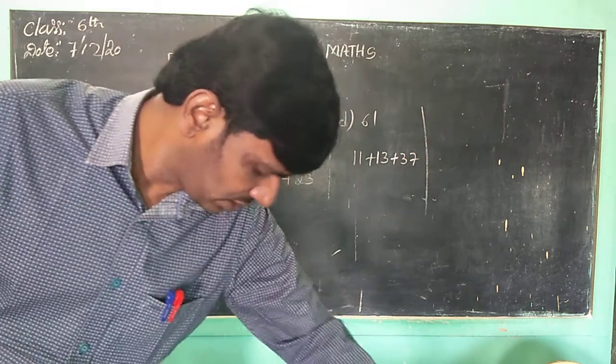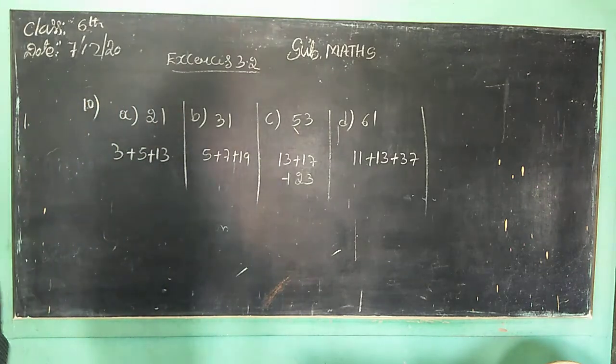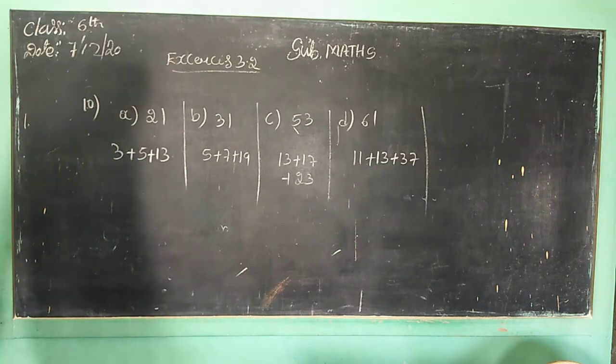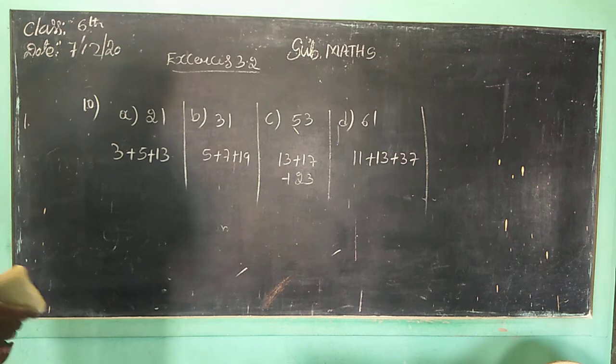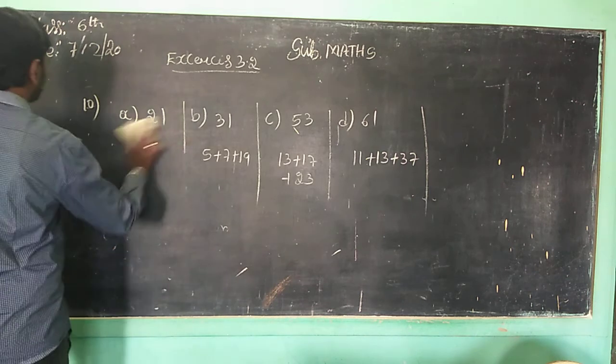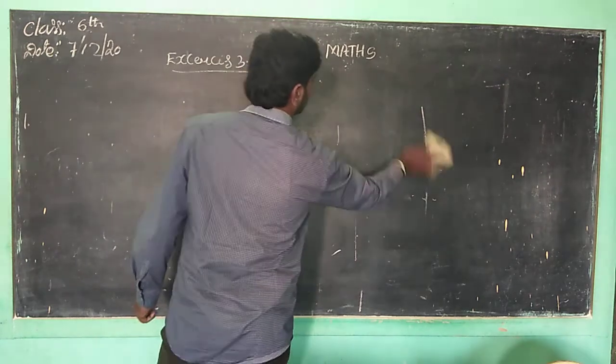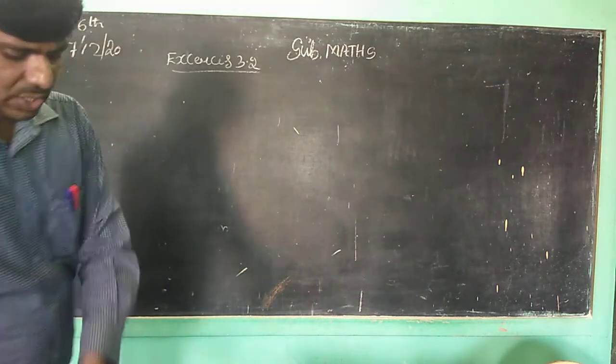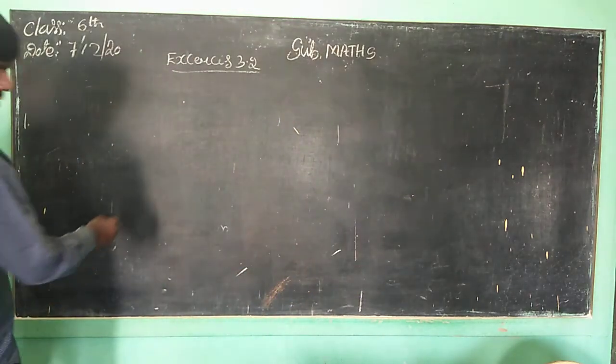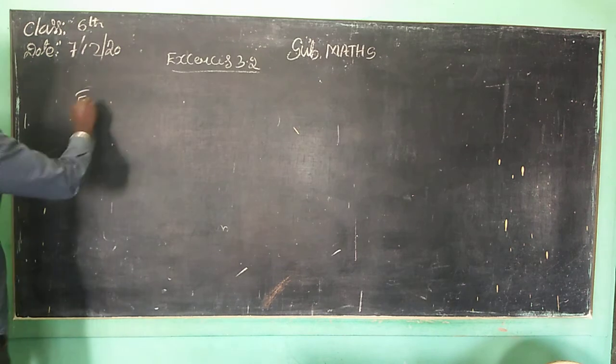Children, now the 11th question. What is that? Write 5 pairs of prime numbers less than 20 whose sum is divisible by 5. Shall I write this, children? Now the next question, also the 11th: write 5 pairs of prime numbers less than 20 whose sum is divisible by 5.